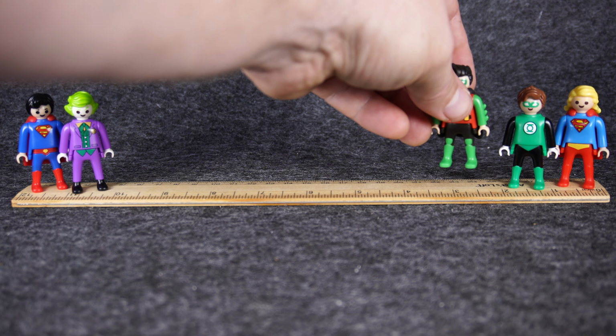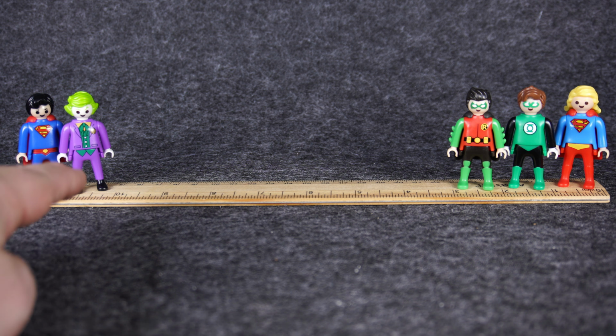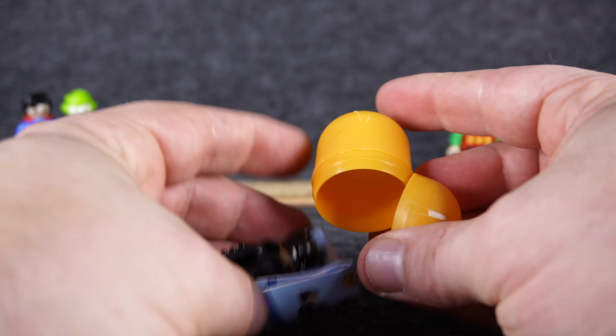Now let's pop Robin over here beside Hal Jordan, because we don't want him near the Joker, because then you know he's going to deck the Joker. Now we're going to pop the top, and we are fun. Who is this? I don't know. Oh, this is